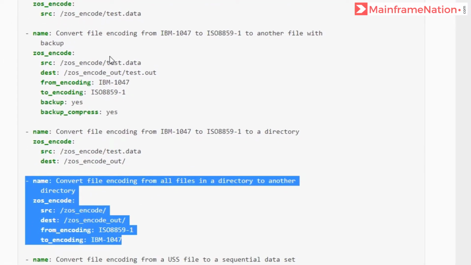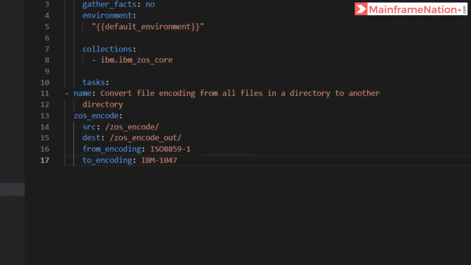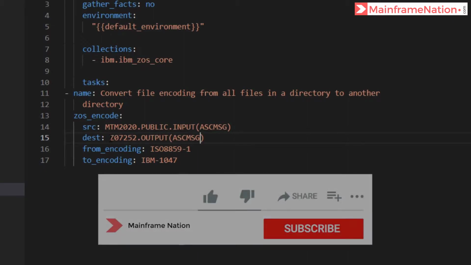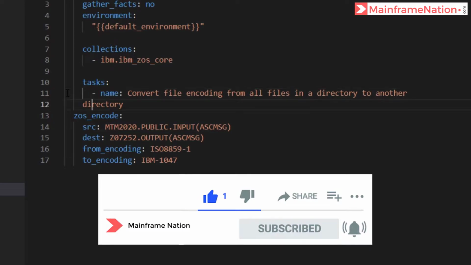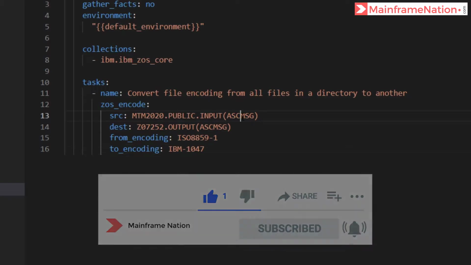We have taken it from this website. This is the code. Here give the source location, then the destination. The from encoding is ASCII and convert it to EBCDIC. So these two lines are correct. Let's correct the source and destination. The source is and the output is our own dataset. Control S to save. Let's indent the name. Let's remove this. Let us check the input dataset.